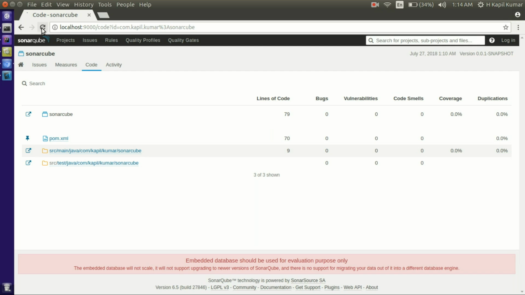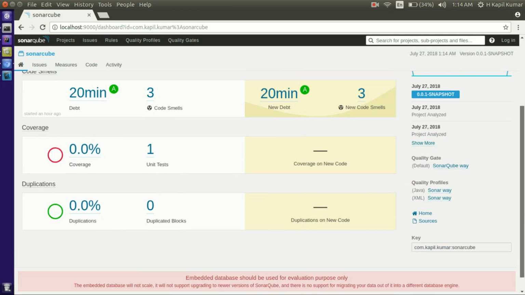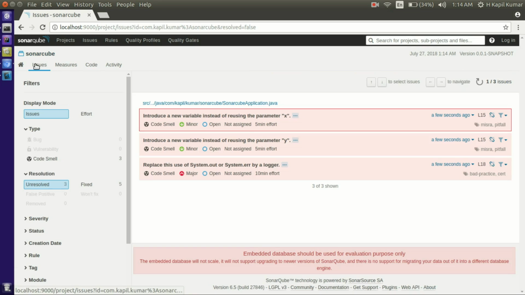If I go here, now you can see, guys, some code smells, some issues it is showing. If I go here, see how it is detected, it is telling me